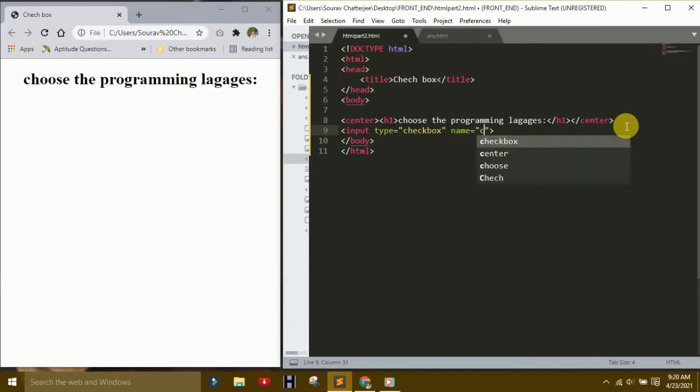The name is C. Then making a value is the main part of checkbox, because I tell you why use value here, C. Then label, you are using it for taking information from the user. C programming.